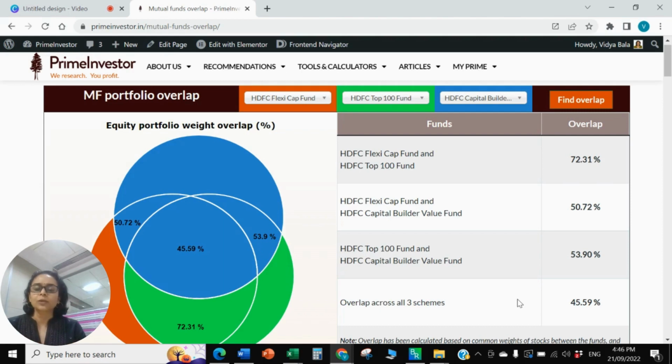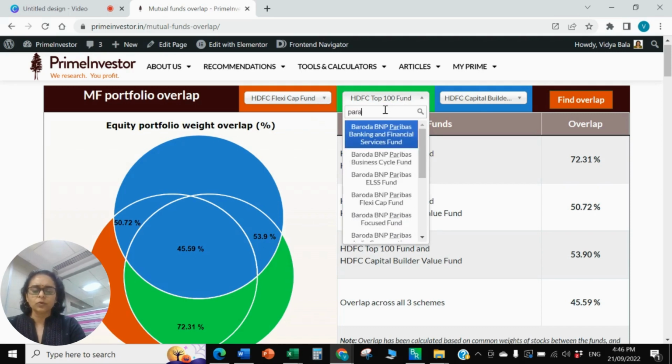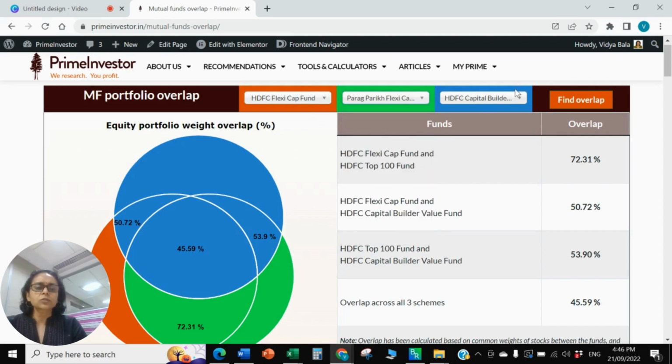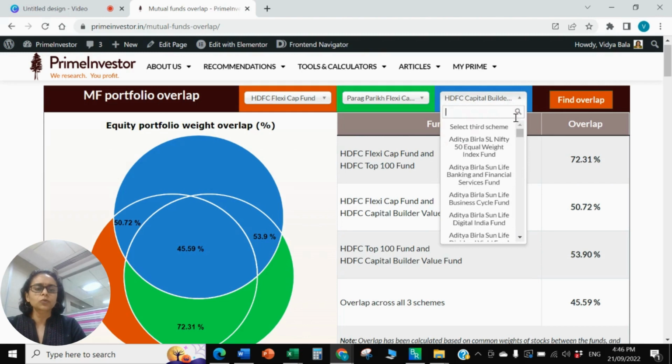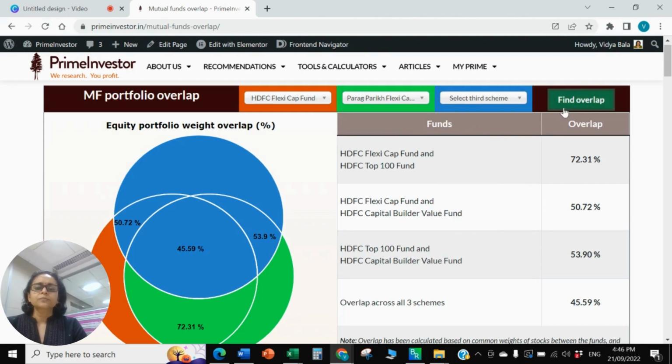So that's the primary use of it, so you are reducing. You could possibly go for any other fund where you will have less overlap. I'll just give you here another example. I'm going to take just two funds to provide this so that it's easier for you to understand.